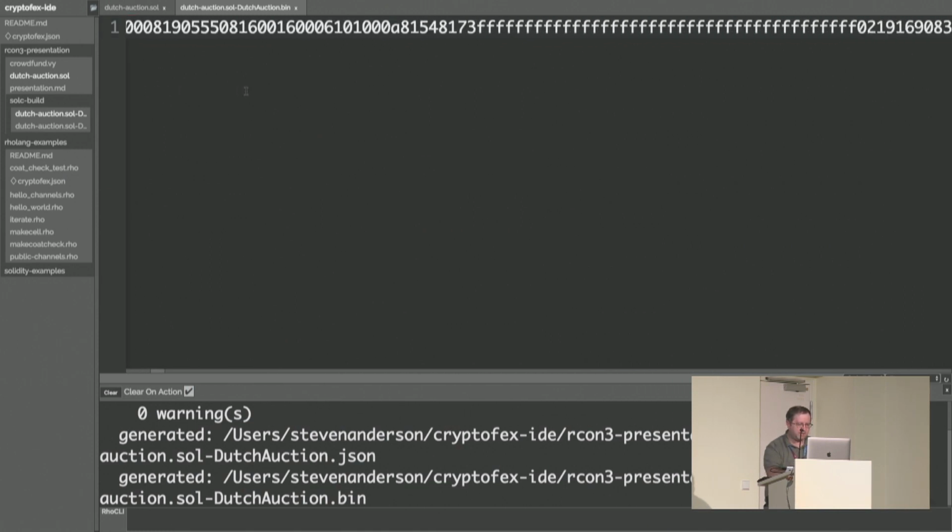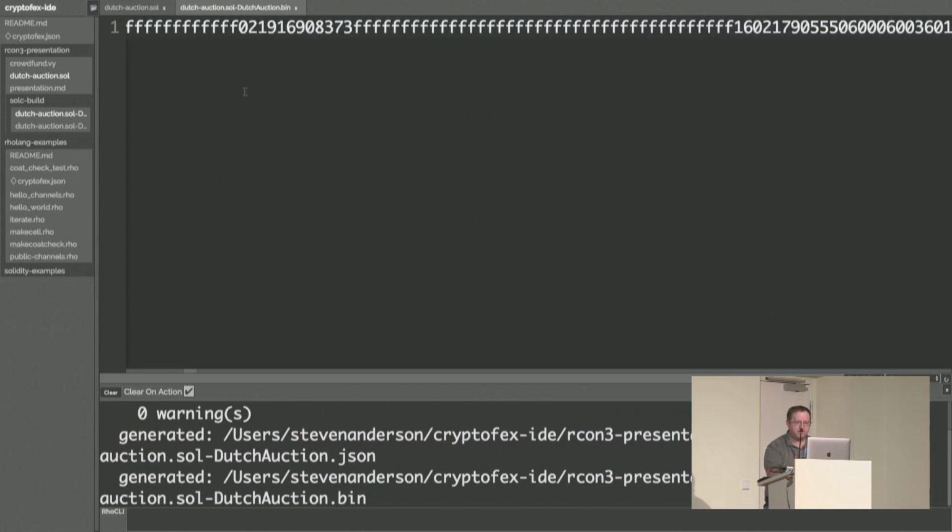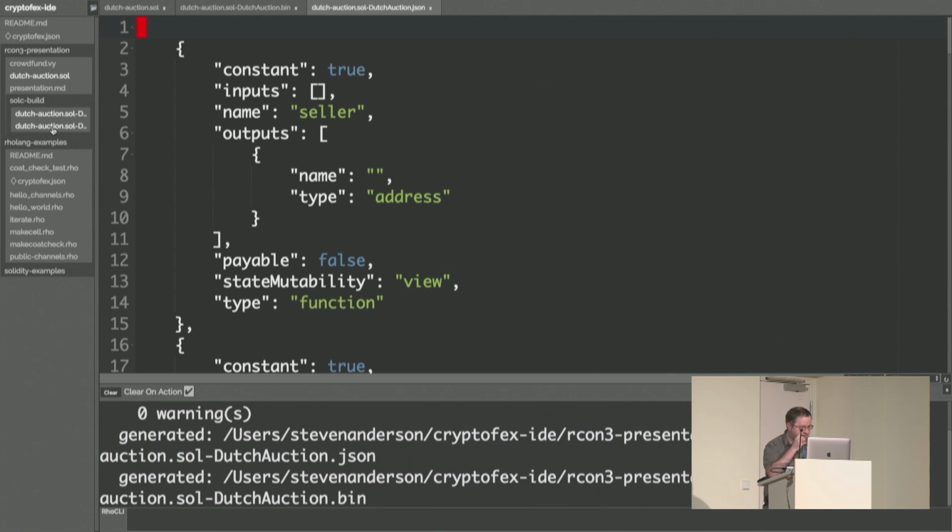I think this is in hexadecimal, if I remember correctly, but basically these are all the bytecodes that represent the program. And the second one is a JSON file that's used